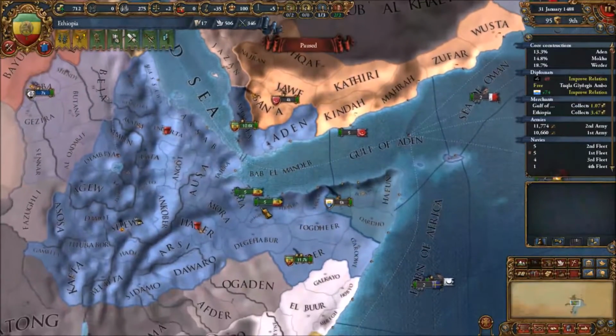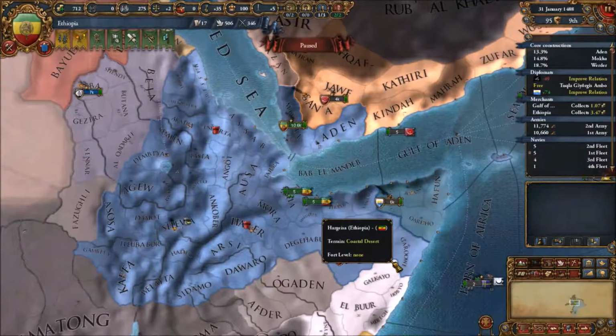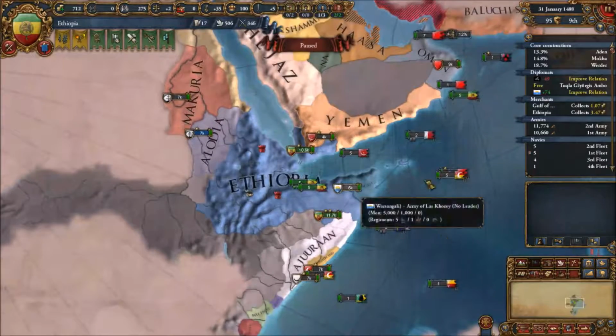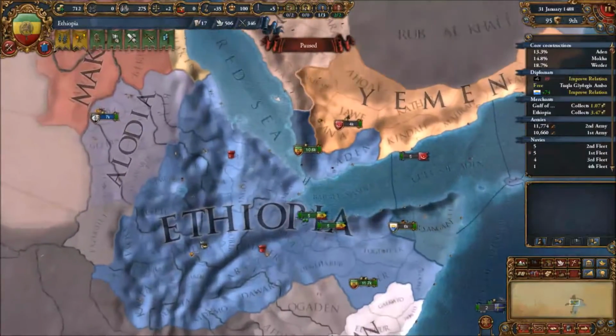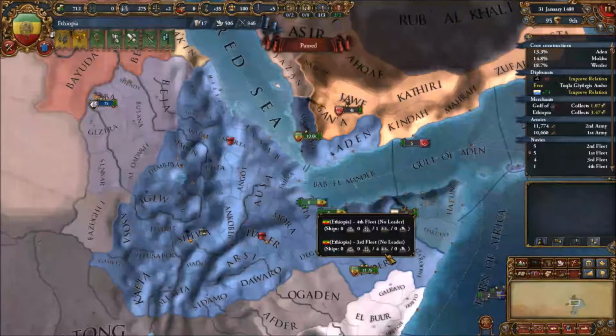This is Professor Coyote welcoming you back to our Let's Play of Europa Universalis 4, our Ethiopia, Prester John, and a Blessed Nation run. Now, if you remember our last video,